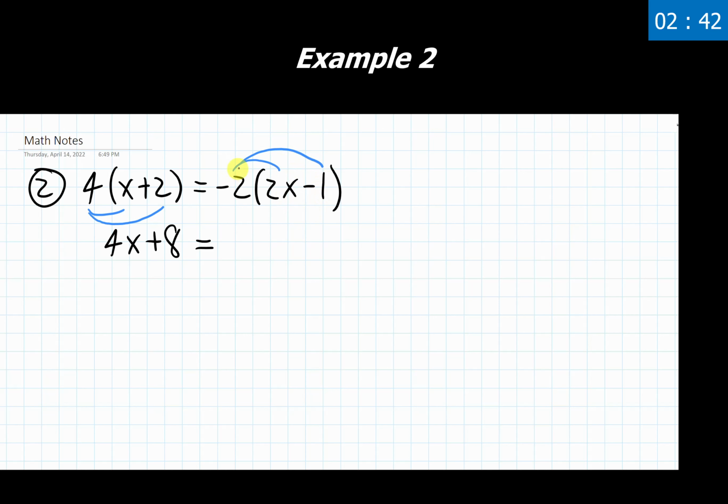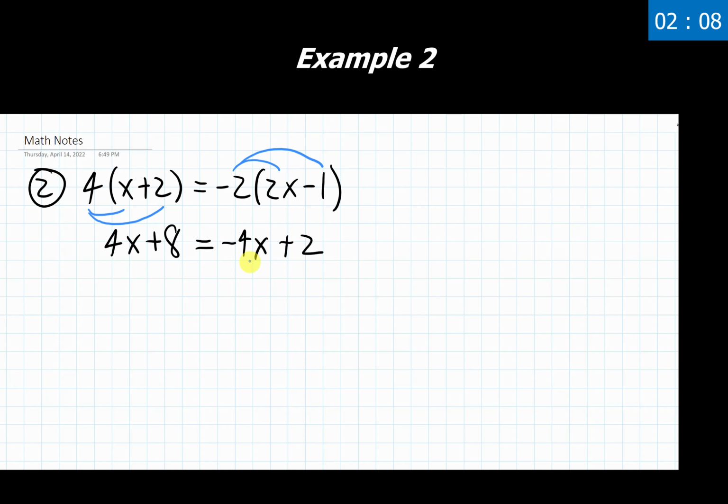You might notice that I'm doing this distribution over the top, this one down below. That's just to show that there's two ways you can write this out. Either one would work. So negative 2 times 2x, that's going to give me negative 4x. Negative 2 times negative 1, negative times a negative makes a positive. 2 times 1 gives me 2 here. And great, the right side is as simplified as it can be as well. Both sides are fully simplified, and I can now just continue on and solve this problem for our specified variable.